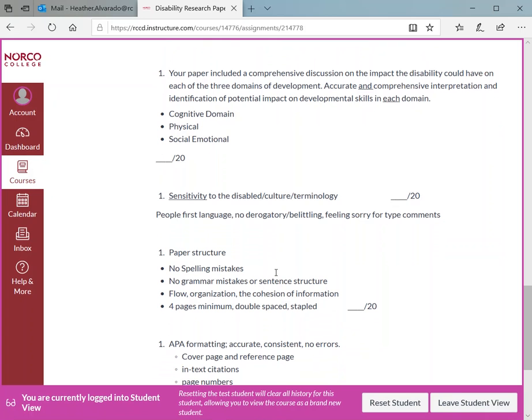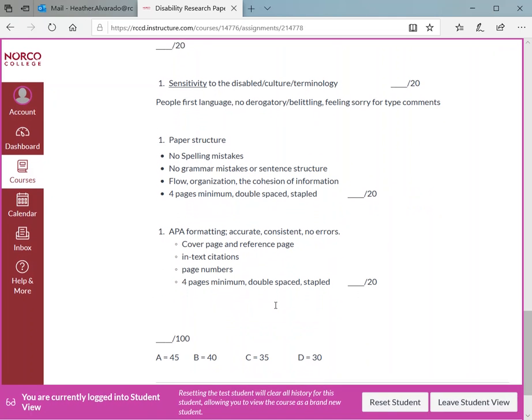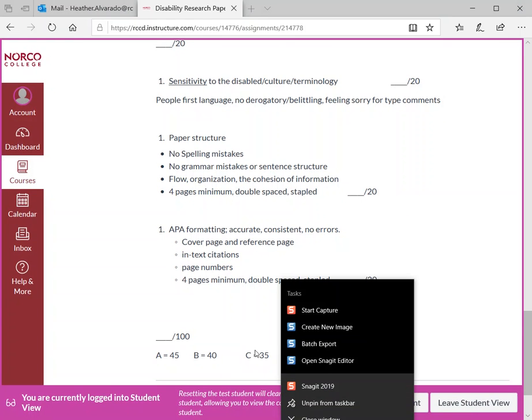Make sure your paper structure is good. Make sure it's double spaced, like I said. The organization should be good, with correct grammar and no spelling mistakes. Obviously, you can use the spell check in Word. If you want, there's a free app you can Google called Grammarly. I would say it's way better than the regular spell check you get with Word, and it's free. Go ahead and check that out. And then make sure you're using APA formatting as well. Okay, so let's